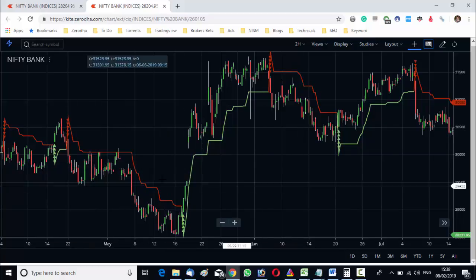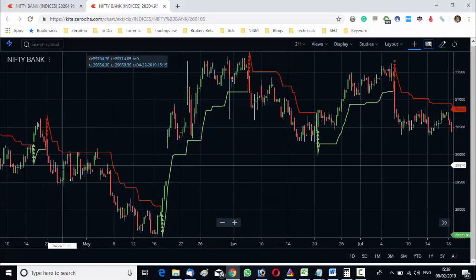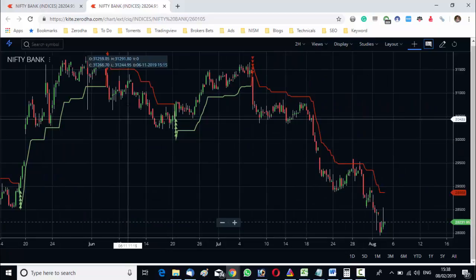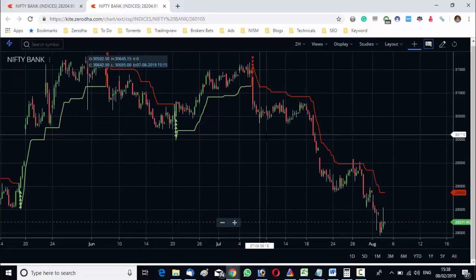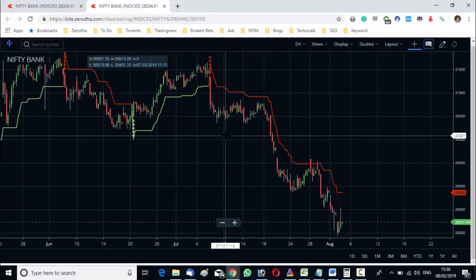So we can see out of 1, 2, 3, 4, 5, 6 trades, we have got 5 trades successful. So this is the power of Super Trend. Only in case of very tight range the Super Trend can give some loss. Else if you trade with good money management, if you use some initial target and then trail your stop losses for the rest, you can get good amount of profit from the Super Trend.